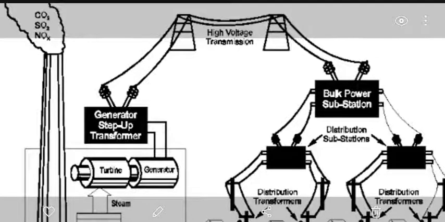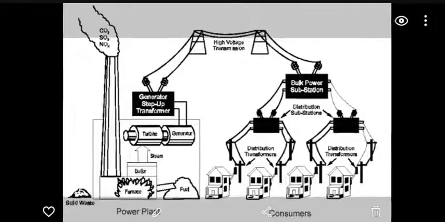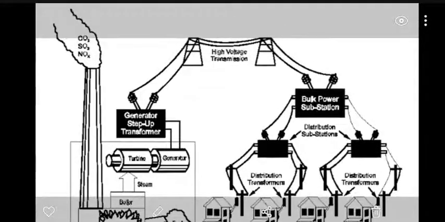So from generator output to get to that high voltage, you need transformers. This is the generation side of the story. Let's say I am describing the thermal power station in Kota right now, from where Jaipur gets all the power, I think. Not all, but most of it. So in Kota, essentially, you have turbine generator set, and not only one, but several in parallel, generating high voltage, and then it is being transformed to even higher voltage using a lot of transformers. And that high voltage is being fed to transmission lines, let's say running from Kota to Jaipur. That is what the schematic is trying to show you.